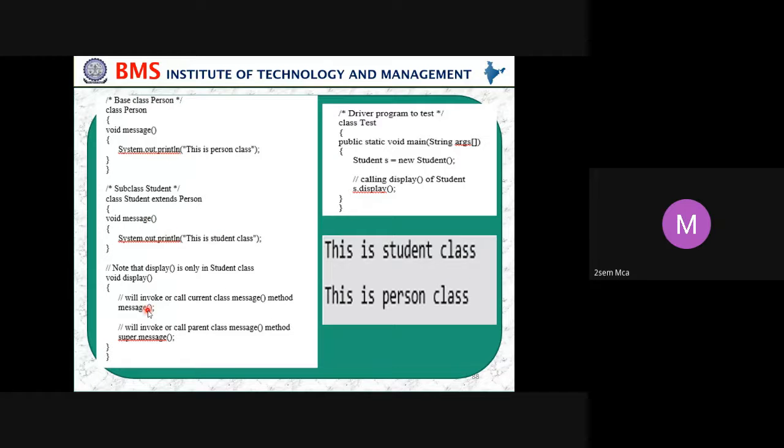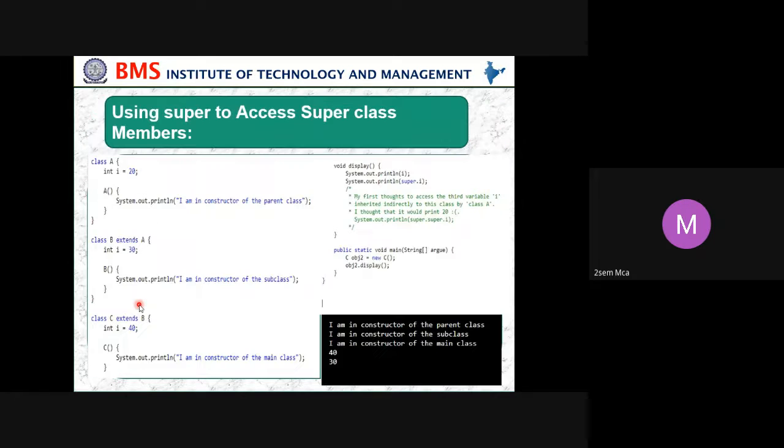Then message, then in display, we can see message is in the base class as well as in the derived class, and we are calling those two methods using the display method. And here we are creating a derived class object, that is S, and calling a method called display.